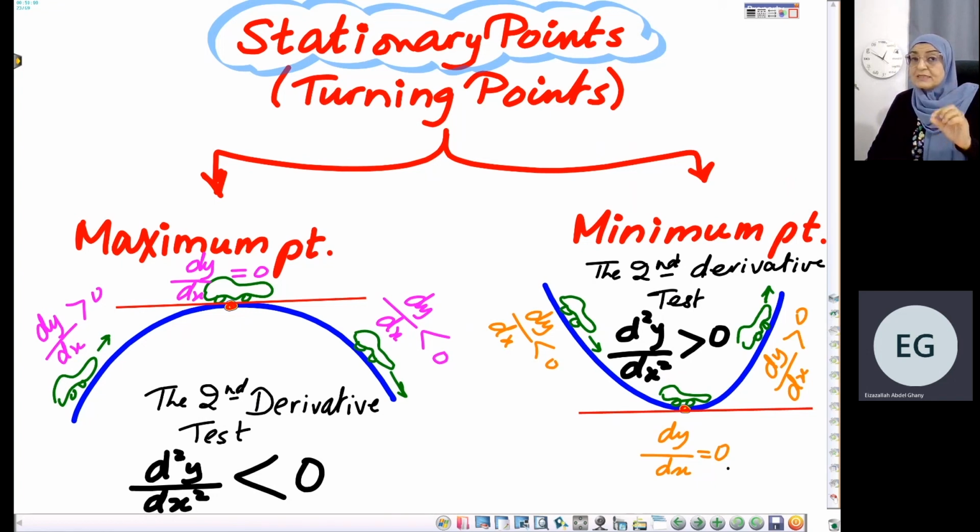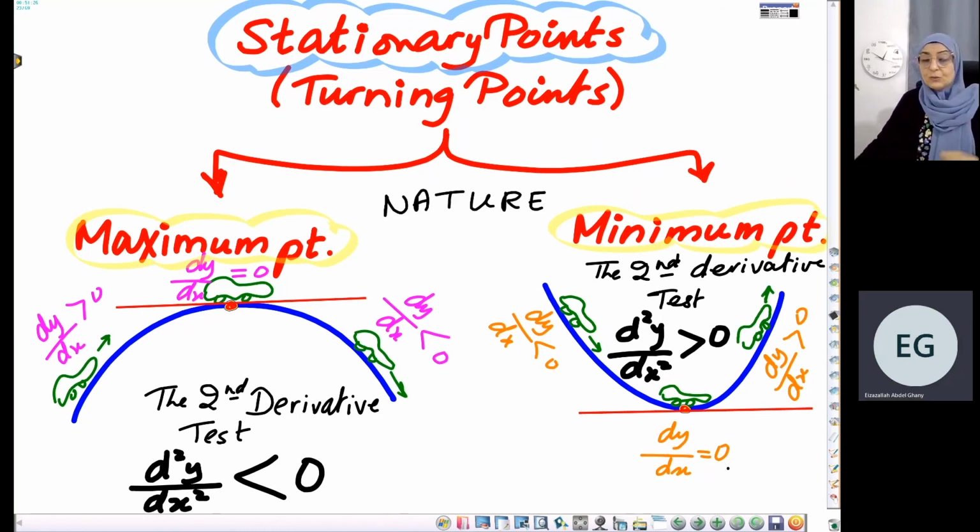It will show you very clearly the nature of the point. If you see the words nature of the point in any exam, it means he wants you to tell him whether it is a maximum point or a minimum point. This is the nature of the point. How to find it? We make the second derivative test. The second derivative